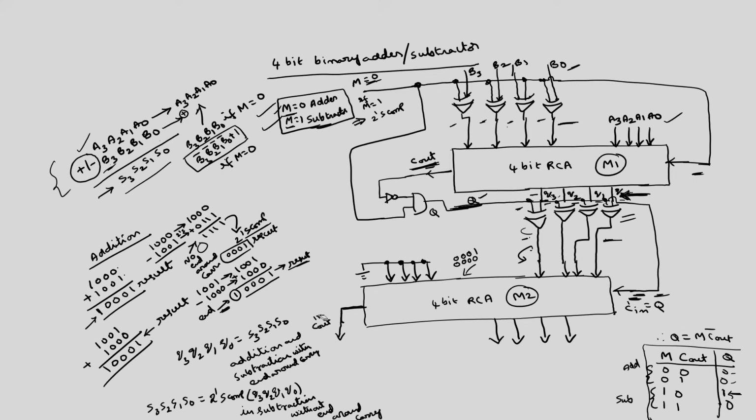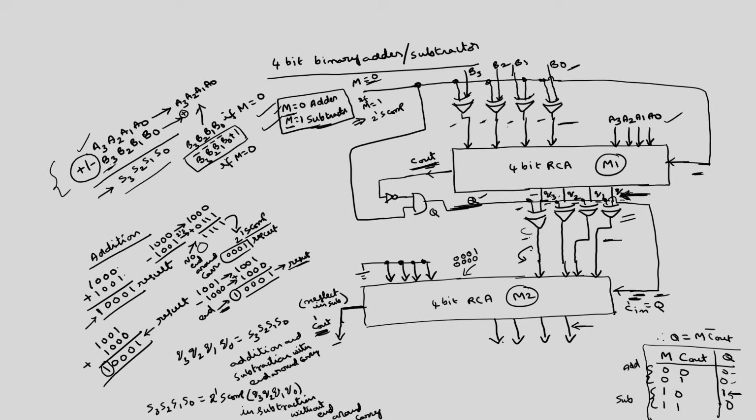This will be C out dash in case of addition; there is a fifth bit. So this bit along with these 4 bits is the final result in case of addition. Otherwise, in case of subtraction, you simply have to neglect it. This has to be neglected in subtraction, and in addition this is the fifth bit of the result. Okay, so this is the logic circuitry.